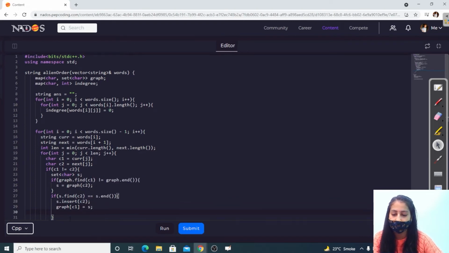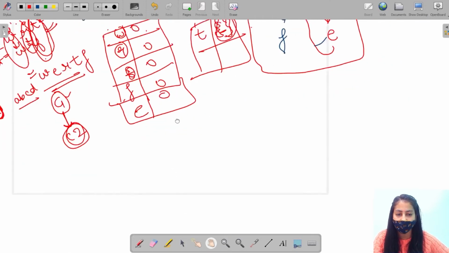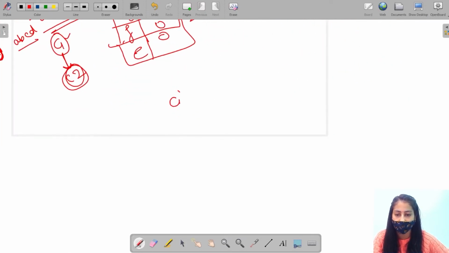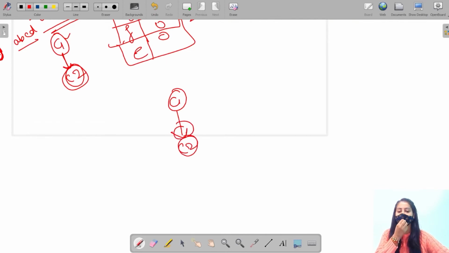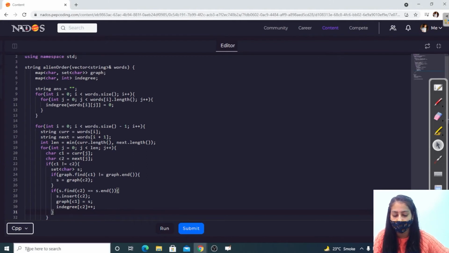Add this edge to the graph and increase the in degree of C2, right? Since we are adding this edge, obviously the in degree of C2 will increase now, right? So increase the in degree of C2, right?